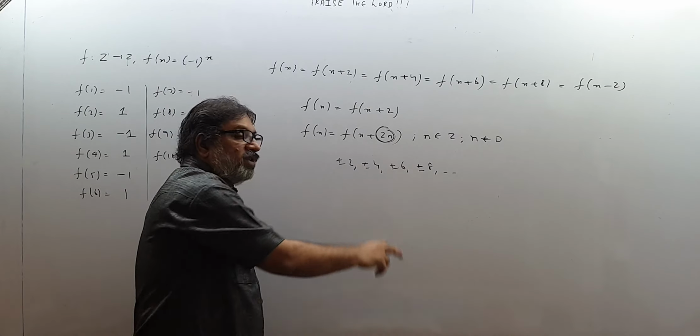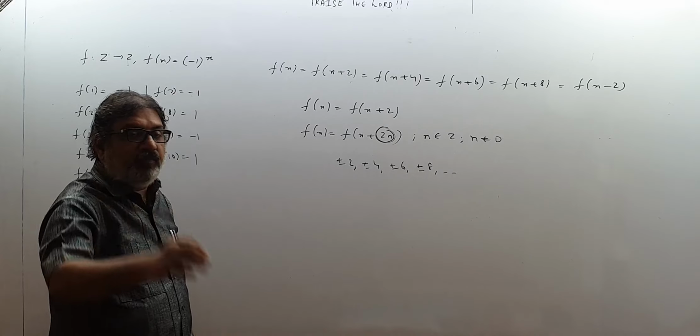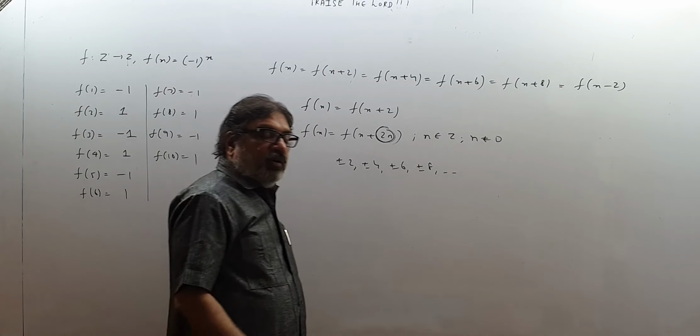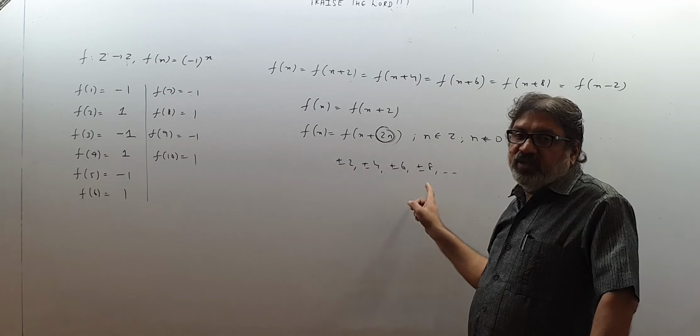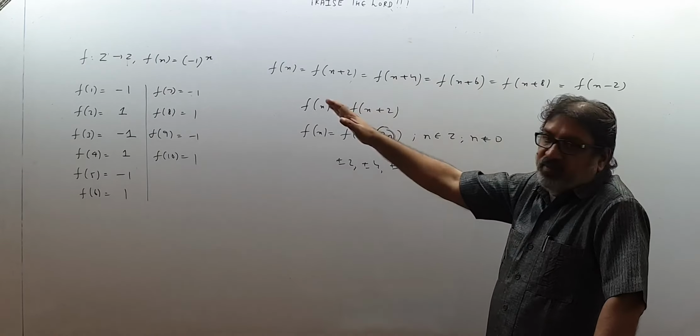Now out of all these, the minimum positive value, that is 2, is called the fundamental period of the function. So whatever minimum positive value is there from all the possible periods, 2, 4, 6, 8, minus 2, minus 4, minus 6, all multiples of 2 will be periods except 0. Whatever is the least positive value available, that is called the fundamental period of the function. So for this function, 2 is the fundamental period and the remaining are secondary periods. Other multiples of 2 are secondary periods.